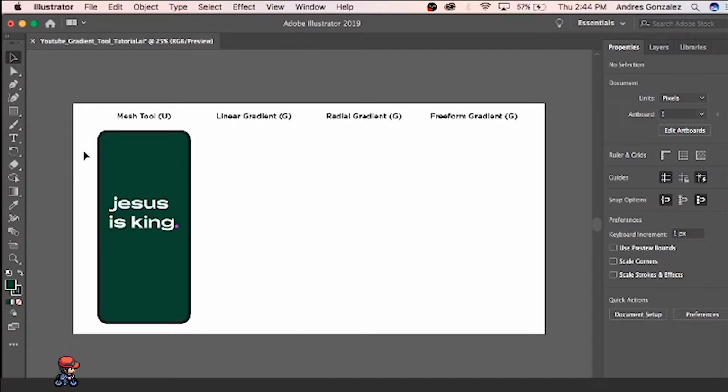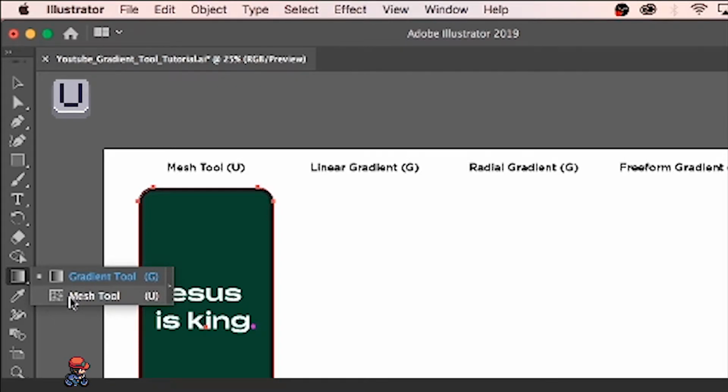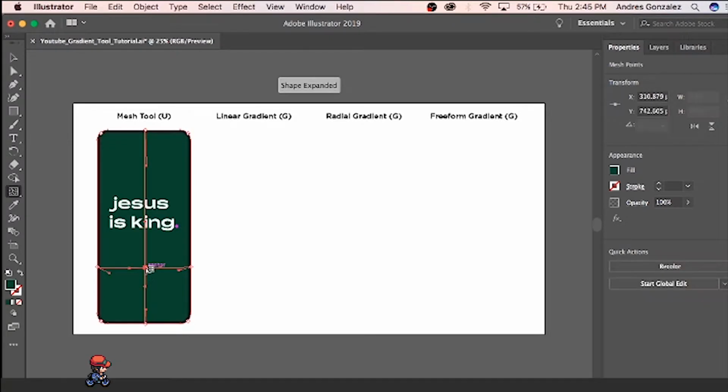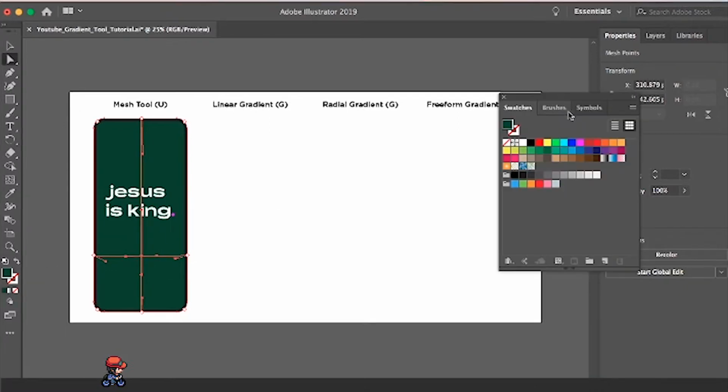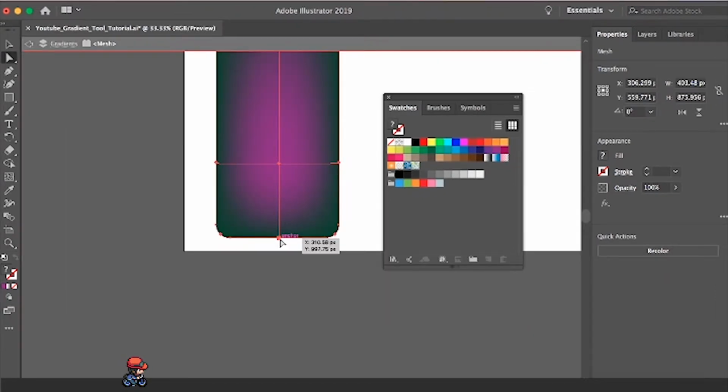Okay, so you will find the mesh tool on your left panel right here, or press U on your keyboard, and what you want to do is just click points so you can create gradients. So with the direct selection tool that is here, you're gonna grab this point and then select the color that you want. So for the first one, let's use a purple color, and for the second point, let's use a darker color here,